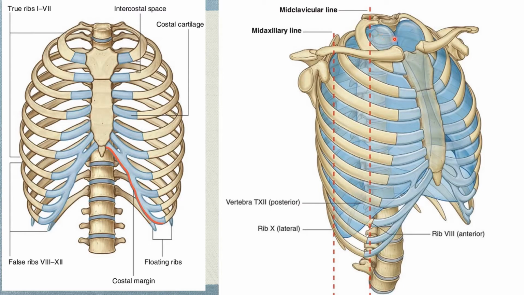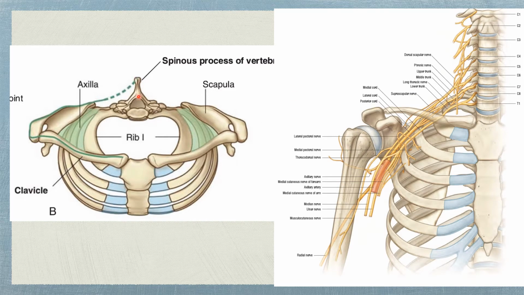This is the thoracic inlet. Lateral to the thoracic inlet, we have another aperture, a pair of apertures on both sides. In order to see this aperture well, let us see the superior aspect of the thorax. In this illustration, you can see the superior aspect of the rib cage with the pectoral girdle. This is the thoracic inlet. On both sides of the thoracic inlet, this aperture is called the axillary inlet,